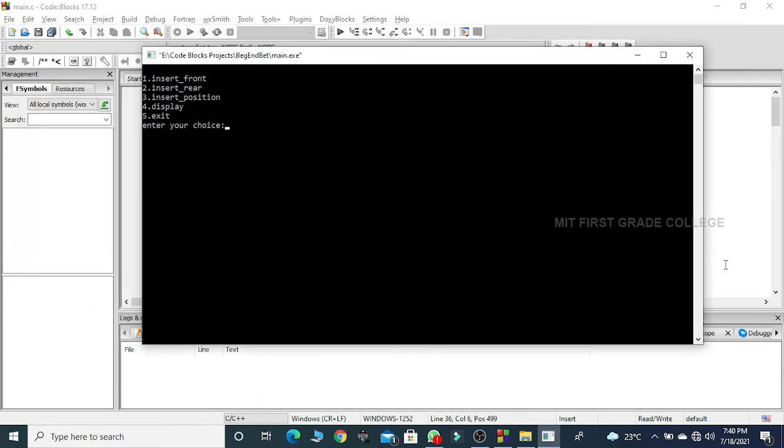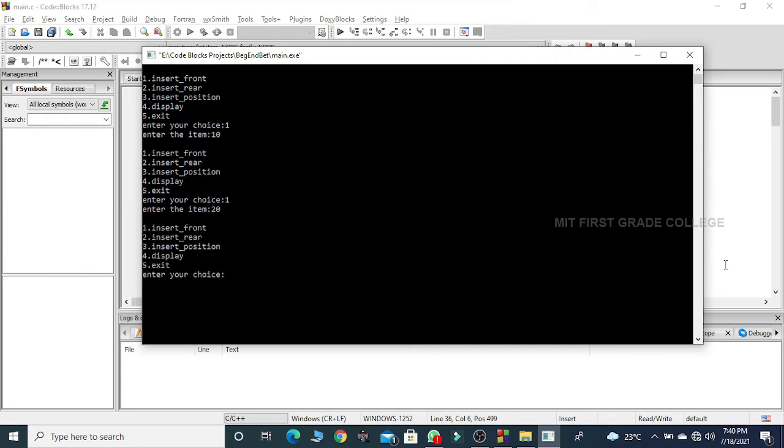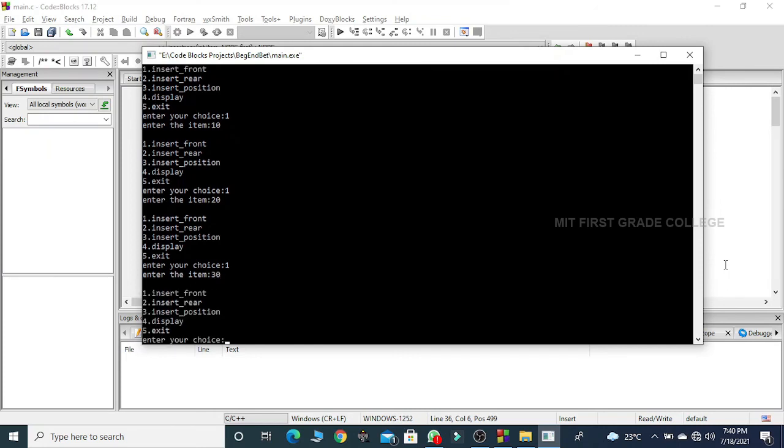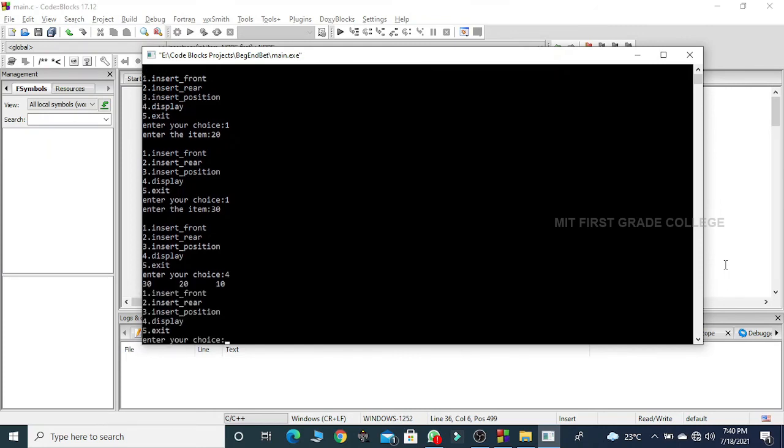Now I choose option 1, insert front. I insert 10. Again I insert at the front end itself, 20. Again I insert at the front end, 30. Let me display the elements. Now as you see, because I have inserted from the front end, the elements 30 and 20 are in consecutive order.